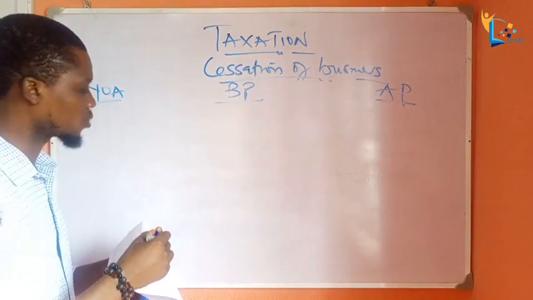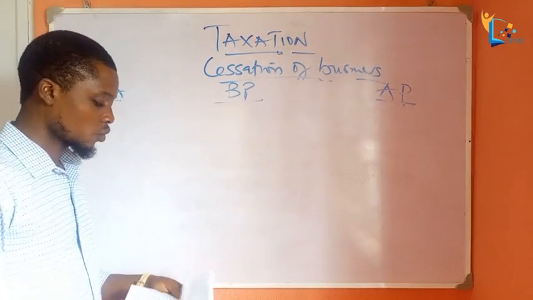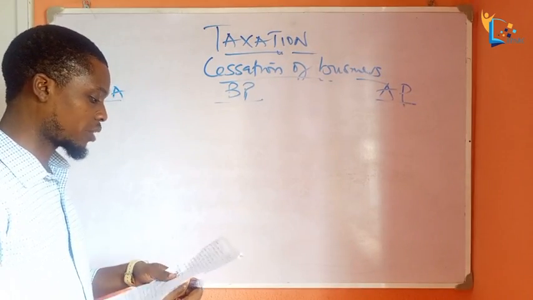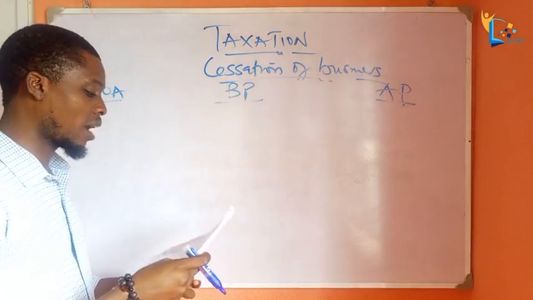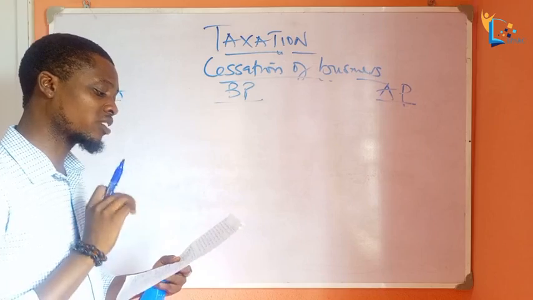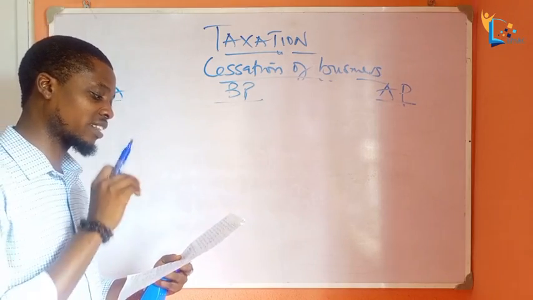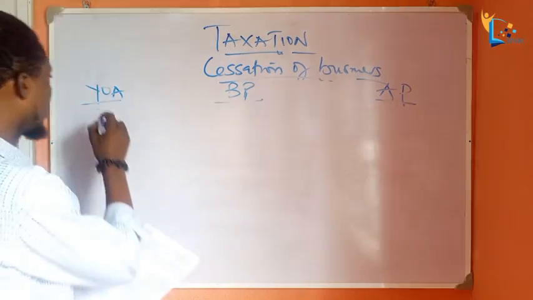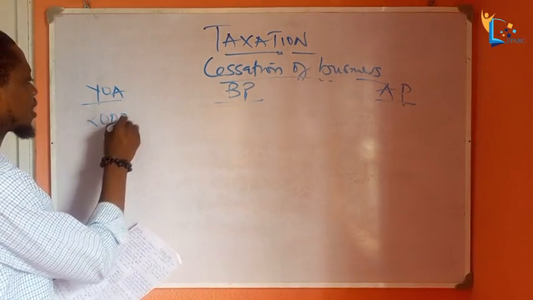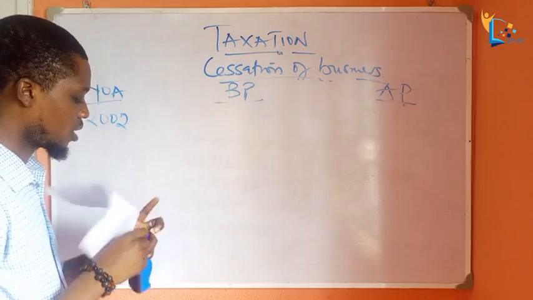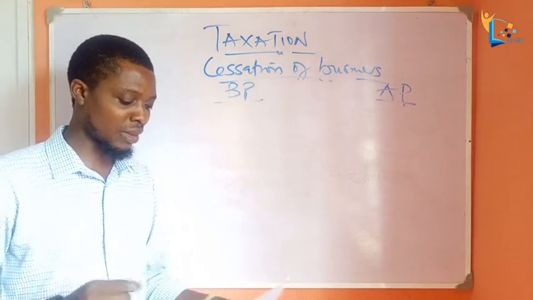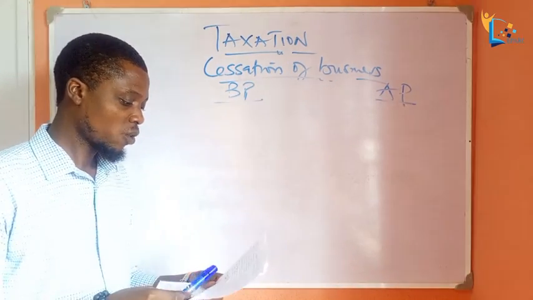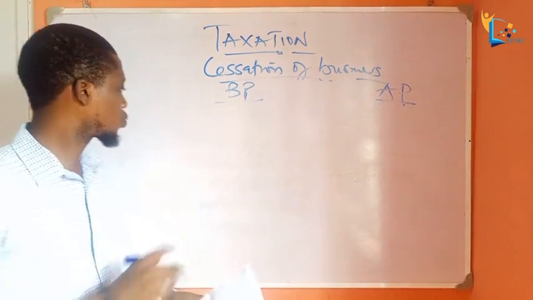I hope we can all see the board. Okay? So let's go back to our question. If our ultimate year is 2004, penultimate year is 2003. So that is to say our computation starts from 2002. I don't know what is wrong with all these markers. These are new markers. Okay? Are we together? So 2002.